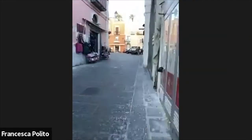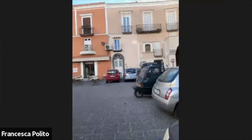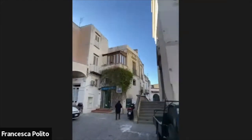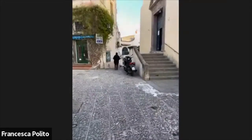As well, here you see a lot of cars now, but when the spring comes, there's no cars at all. You can only access the center walking. Oh, there's a car. So there's no cars, there's no scooters, which is so much better. This is the first little square of Forio. You can see here, there's the first church. And as I go here,